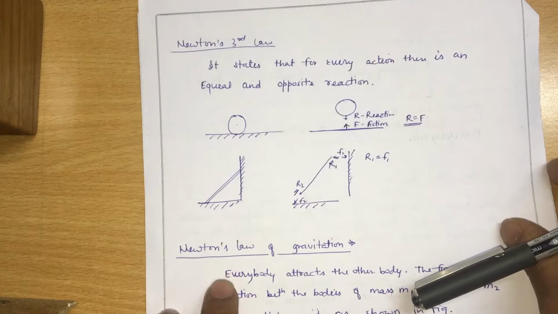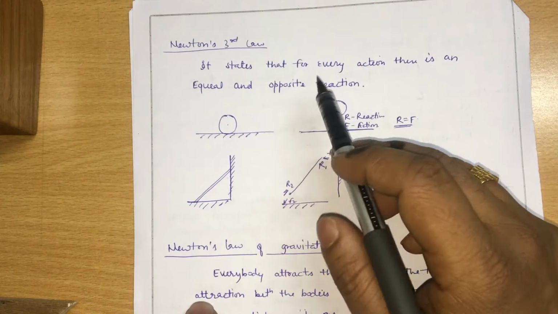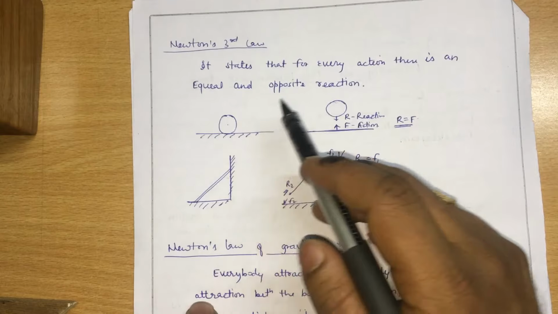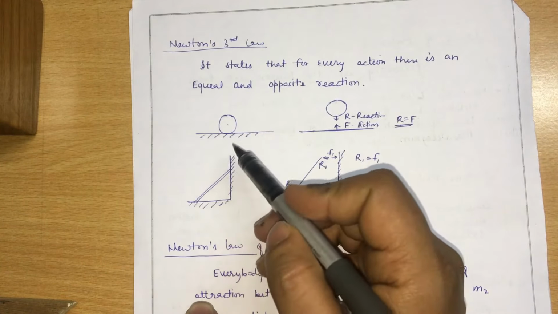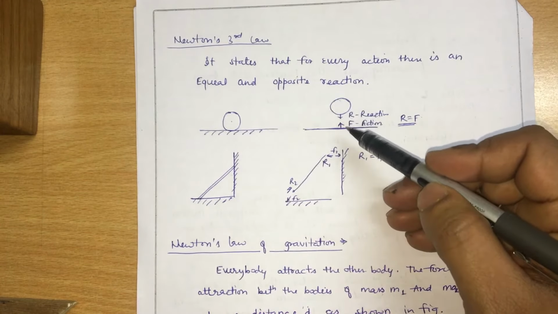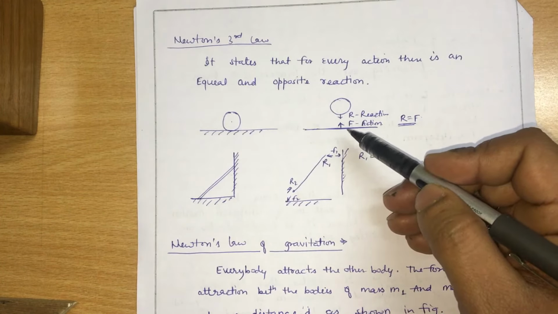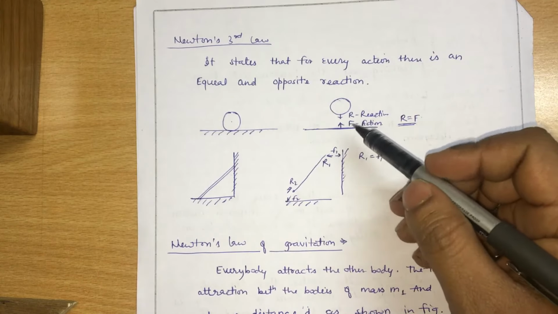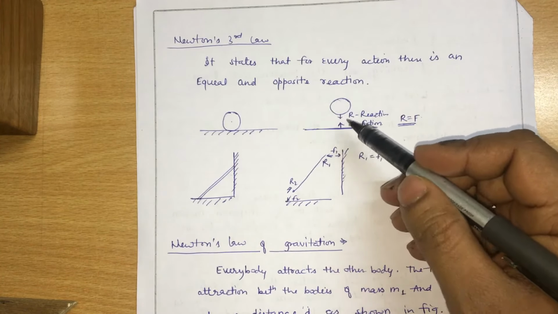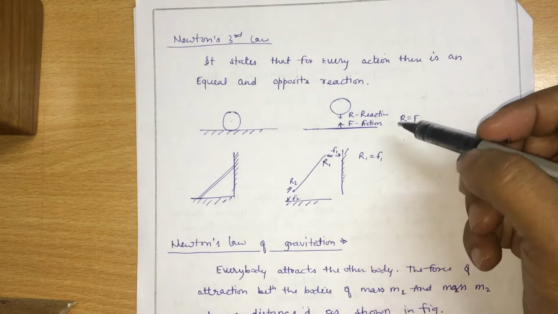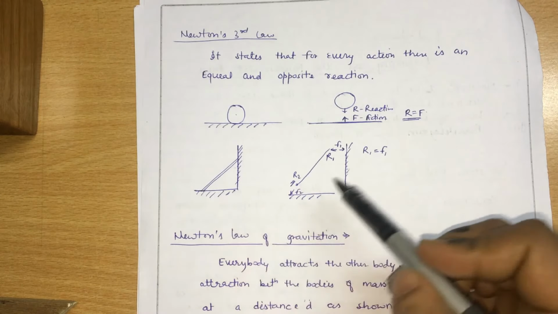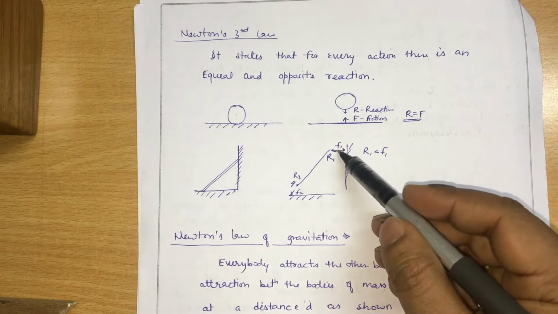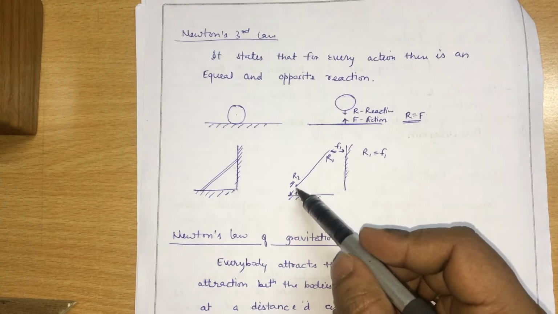And the third law is like this: Newton's third law states that for every action there is an equal and opposite reaction. तो कोई भी बॉडी है, ये रेस्ट में है और पड़ी हुई है किसी ग्राउंड पे, तो ये बॉडी बराबर रिएक्शन दे रही है जितना कि उस पर फोर्स लग रहा है फ्लोर पे. करेक्ट. और जितना इस बॉल का वेट है उतना ही फ्लोर से इस पर रिएक्शन भी आ रहा है. And there is a stair supported by wall and floor. So again you can see the reactions on the wall and the reaction on the floor.